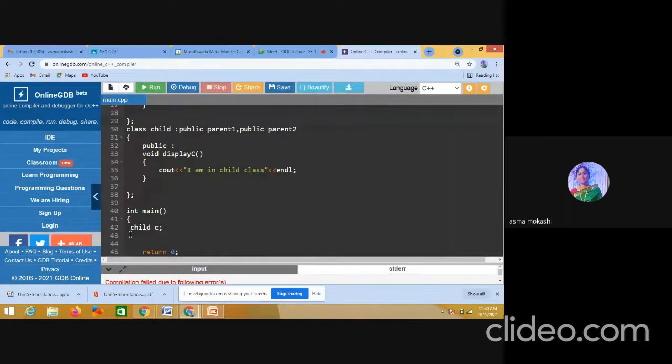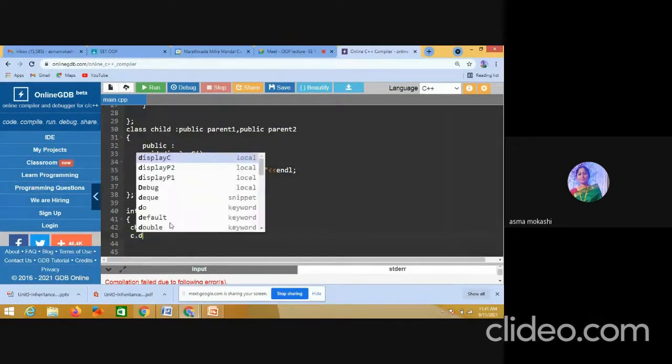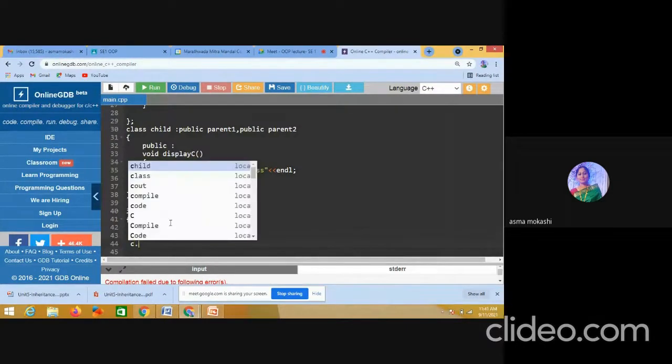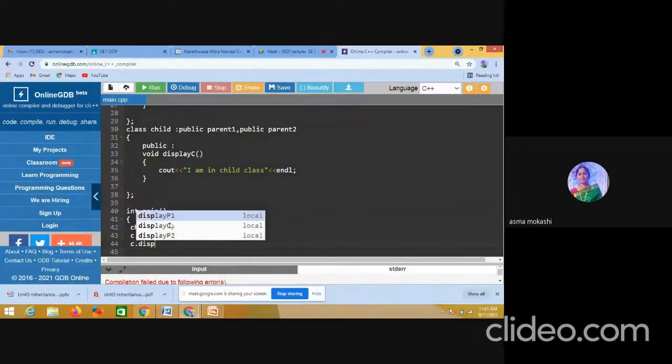I have to create the object of the child class, child C. So now C dot display P1, which is my first method from parent 1. C dot display P2, this is my second function. And the third is from my own class, display C.